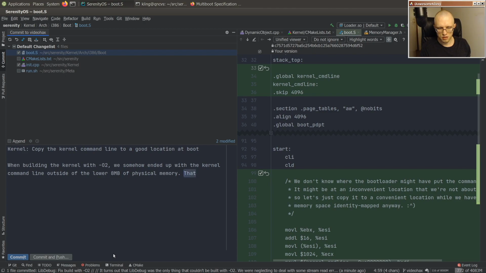Since we don't map that area in our initial page table setup, we would page fault, or let's say triple fault, when trying to parse the command